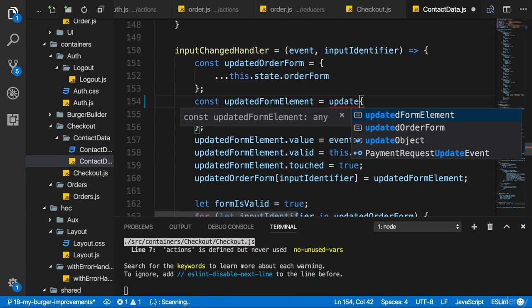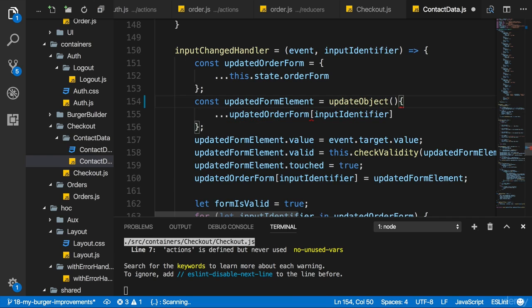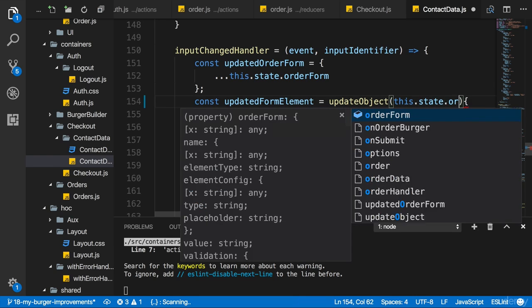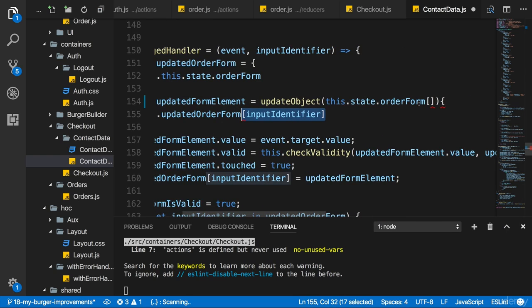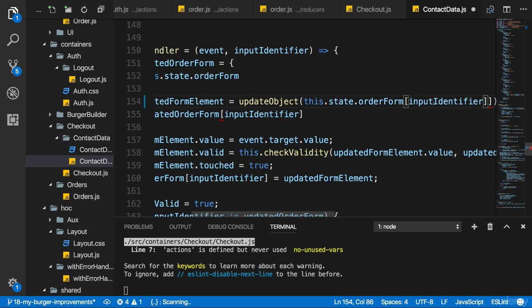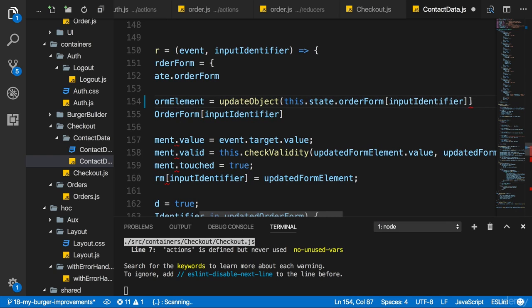In the end, we can call update object here and pass my order form and there the chosen control. So I can pass this state order form and access the input identifier as the old object. This is essentially what I want to update, the object I plan to update.